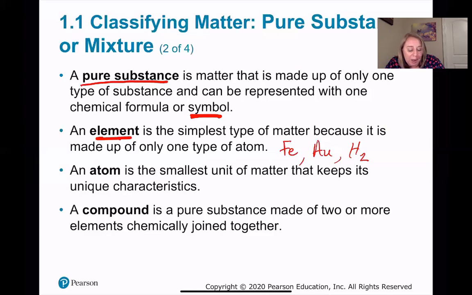On the other hand, a compound is two or more elements chemically joined together. If we have hydrogen, that's great, but I want to combine it with oxygen. So I'm going to put a 2O, and this is how water, H2O, is formed. We have two hydrogen atoms chemically joined to one oxygen atom. That's an example of a compound. NaCl is also an example of a compound. It tells us that for every one atom of sodium, we have one atom of chlorine. So that's table salt.